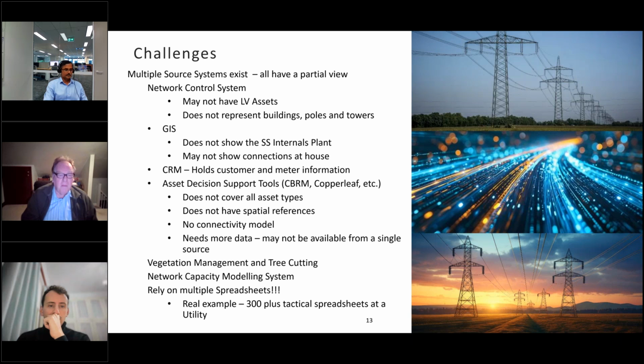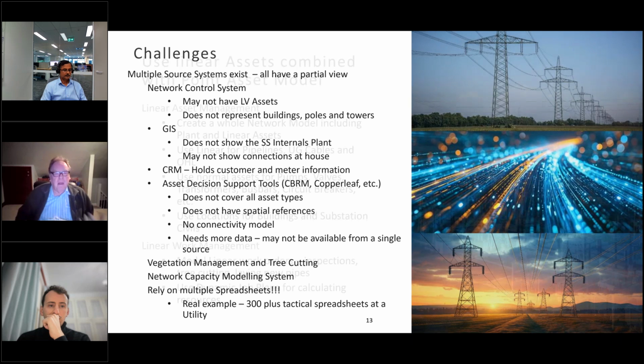And they rely on multiple spreadsheets. And again, a real life example, one utility I implemented, they said they had some spreadsheets. We started doing an investigation. We found 300 spreadsheets in use, tactical. And what happened is the user had said, I need this to do my business. He took a copy of the database from the GIS system or from the EAM system, and from then on worked on the spreadsheet. And what that meant is you had many versions of the truth. There was no single version of the truth. When that utility had to report to the regulator, there was a discrepancy of 300,000 wood poles. How many they said they had and how many they had in various different systems. They didn't know how many poles they had.